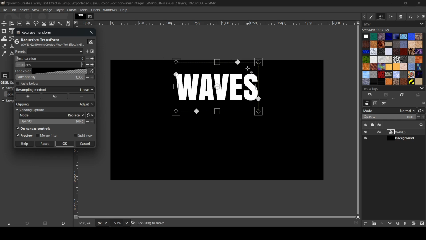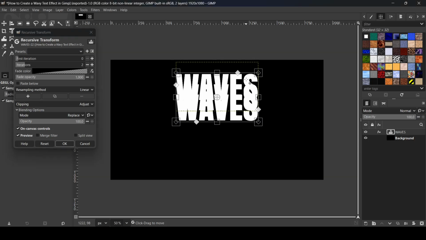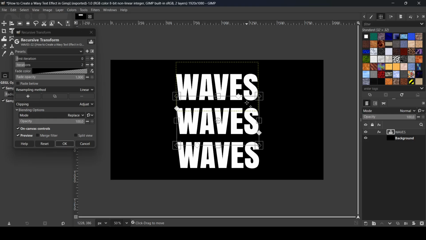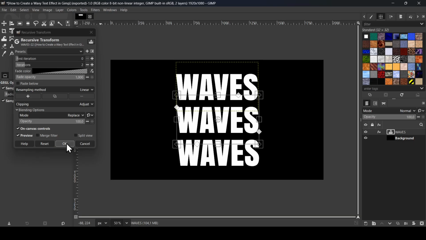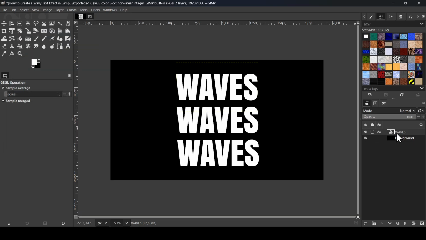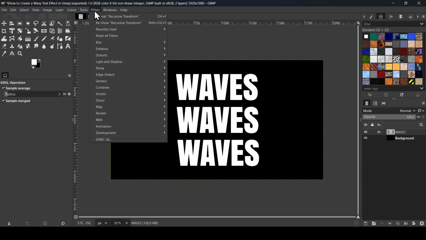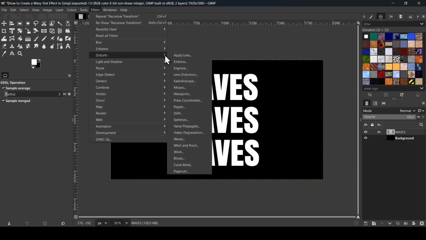And then if I place my cursor inside here, I'm going to be able to move the copies like this. So I think I'm going to place them like this. So here it is, and I just press OK. And now right click on the layer, layer to image size, and now go to filter, distort, and then select